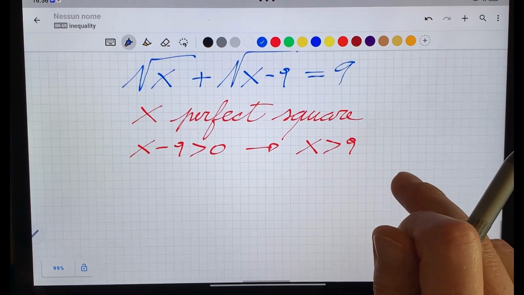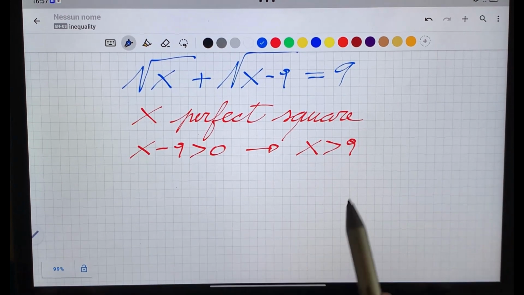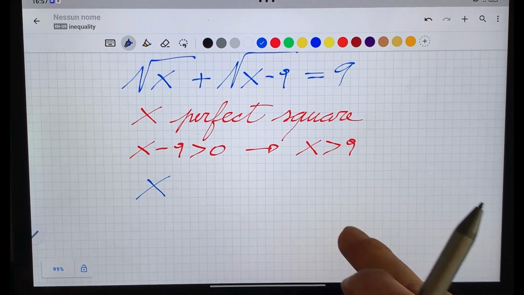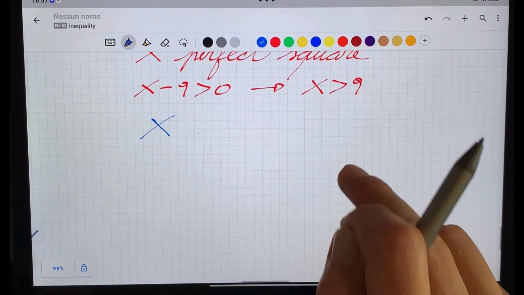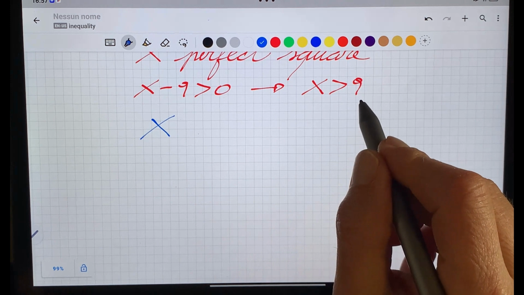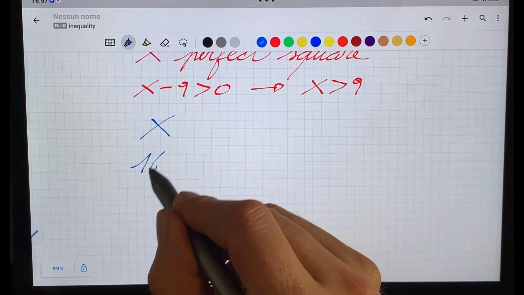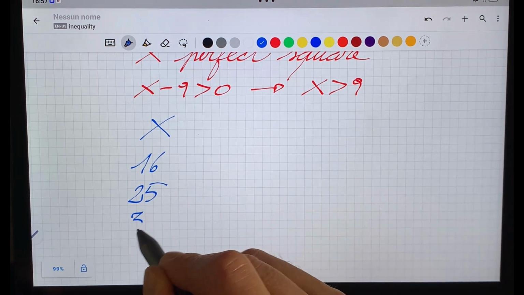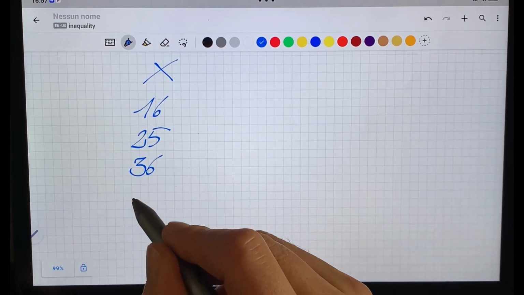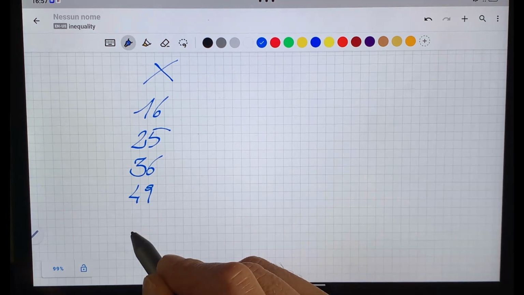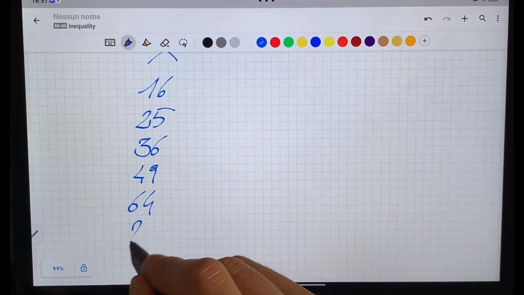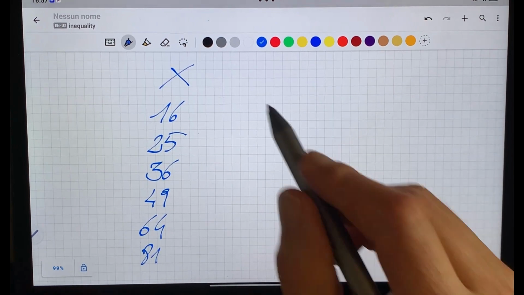Now, I will list all the perfect squares from 9 up: 9, 16, 25, 36, 49, 64, and 81. Okay, I will stop here because